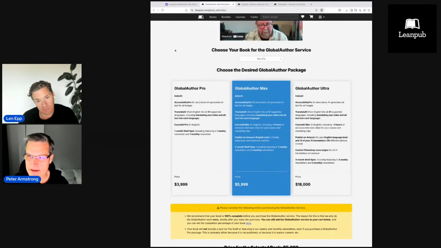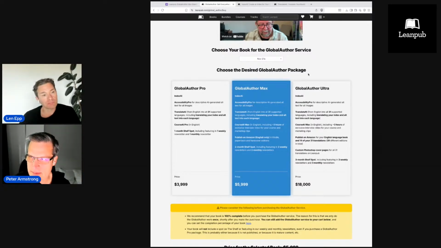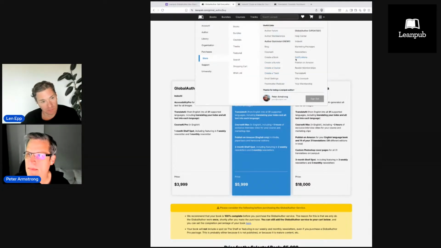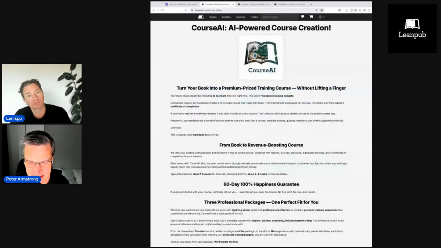And so besides all this, we have Translate AI, which is $24.99, Index AI, which is $2.49, Accessibility Pro, which is a $6.49 value, but we haven't made it separate. Course AI Max, which is just an incredible product, service. I've talked a lot about Course AI, but in case this is your first time hearing any of these live streams,